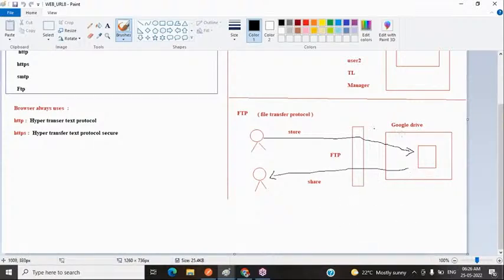These are all things we perform in real time, but we are not aware of it. While storing and sharing, the protocol we are using is nothing but the FTP protocol. This is the way we use the File Transfer Protocol. Basically, it is used to transfer files from one application to another application. So here